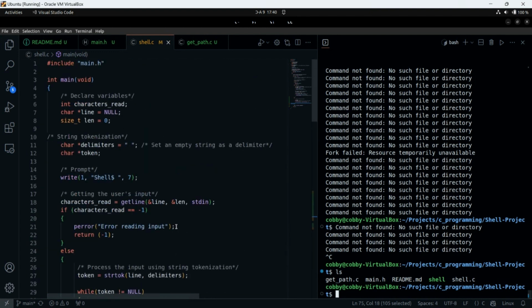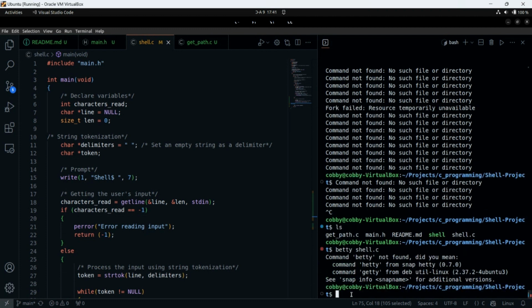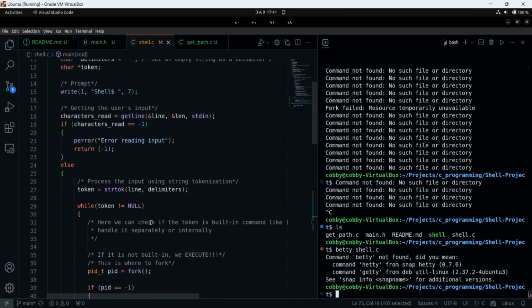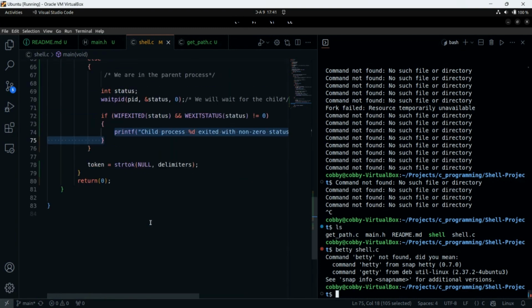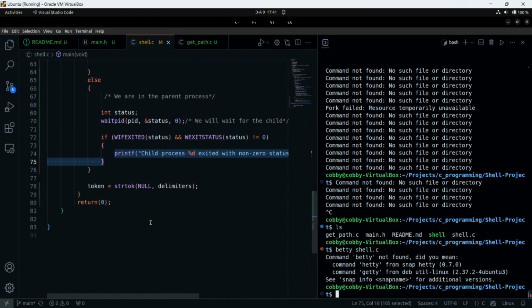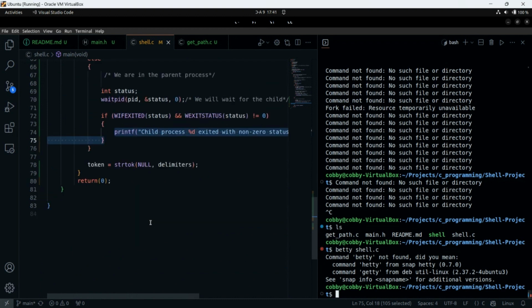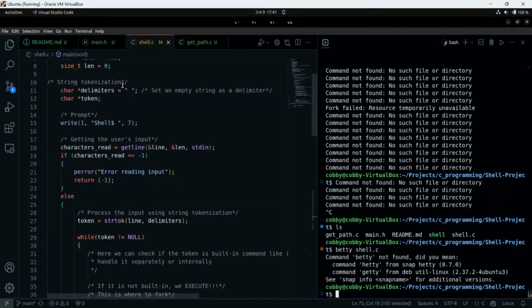So yes, actually, it is like that, but we will not get an error. Don't worry. Let me check. Betty is not even installed on my machine. In the main function, we wrote a lot of lines of code, like 200 and something, but Betty did not have any problem with it.